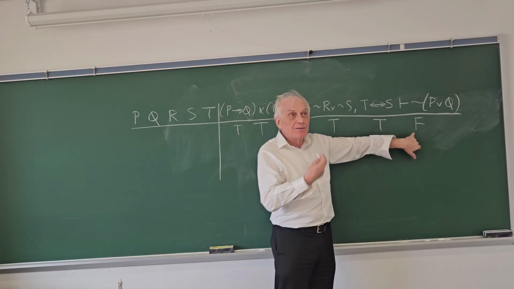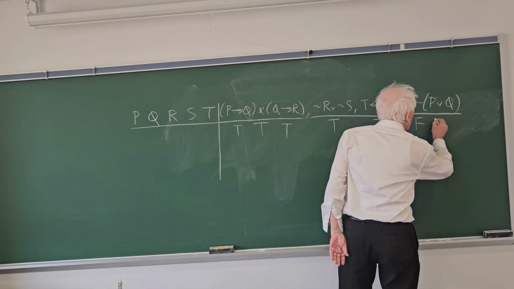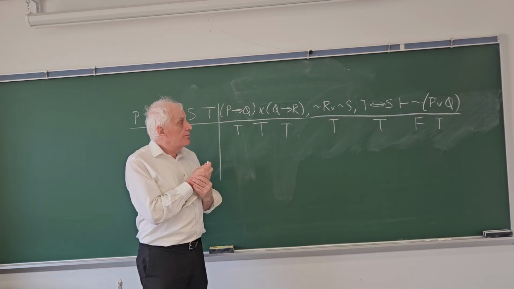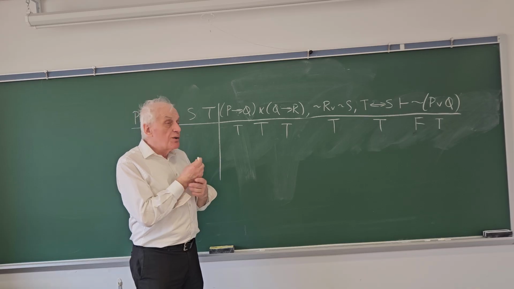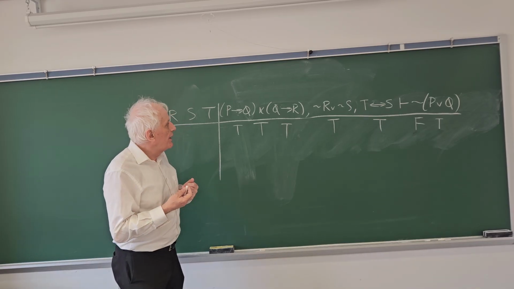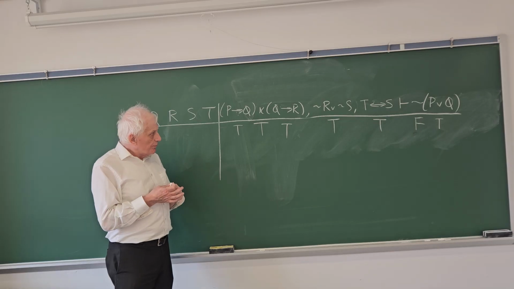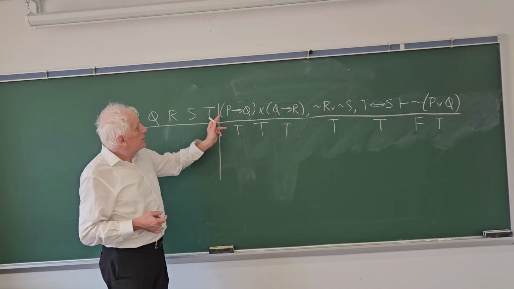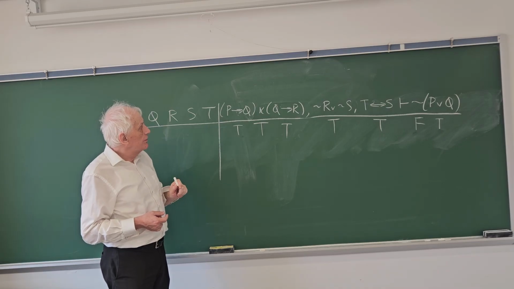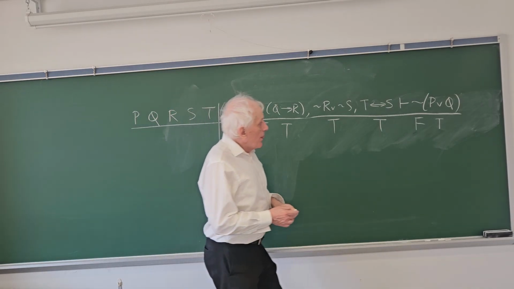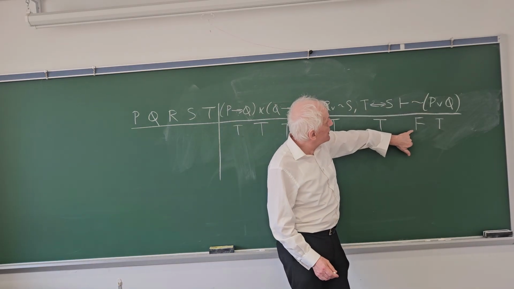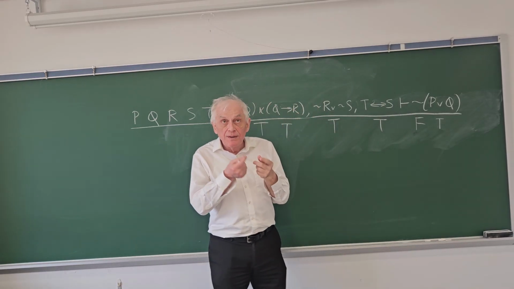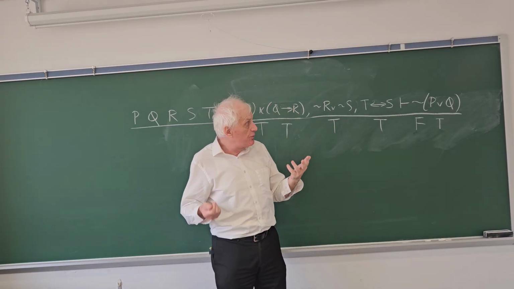This is the conclusion. We're trying to make it false, which is, of course, to have true for what's being negated. So we must have true for either P or Q. So our hand is not forced here, except if you look at the left conjunct here, it says, if P is true, then Q is true. Now, to get false for this negation, we must have true for what's inside the parentheses, which means one of them has to be true. Either P has to be true, or Q has to be true, or they're both true.